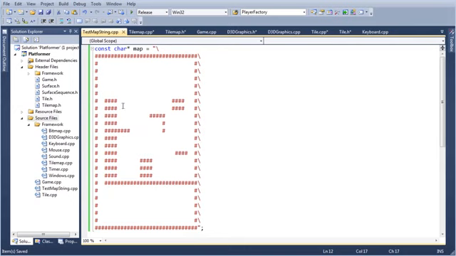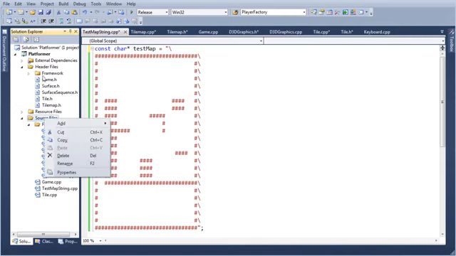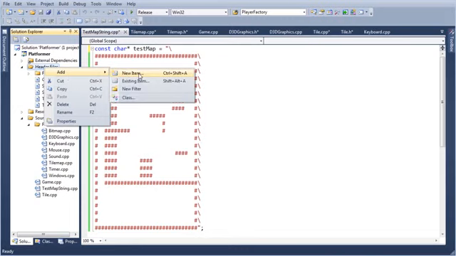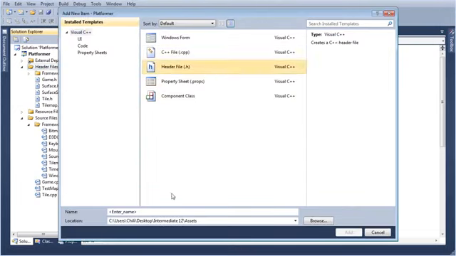So here is the thing I've been using to test, and I'll leave it as is now. We might edit it later. So here is our map. I'm going to call this test map, and I'm going to add to the project again, new item, header.